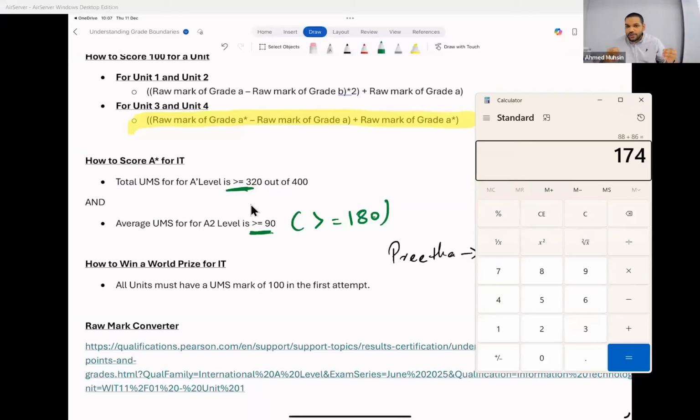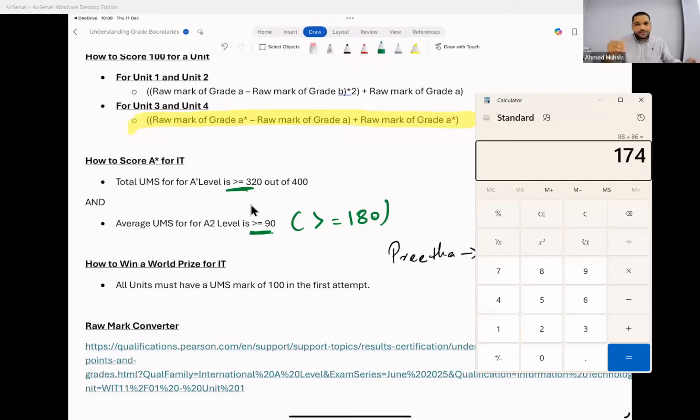But I just want you all to see that achieving an excellent grade for IT is not that difficult. Many of you would not even have considered it. Many of you wouldn't have even thought about achieving an A star or an A or a world prize. I'm not even talking about an A, because getting to an A is a walk in the park for many of you. Is it clear? I'm talking about A stars and world prizes.